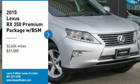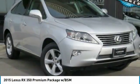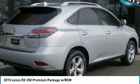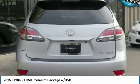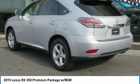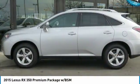Come test drive the 2015 RX 350. The RX 350 offers a driver-inspired design and intuitive technology that puts you in total control of your interior. Paired with a spacious cargo area and a powerful V6 engine, the RX 350 continues to offer the best combination